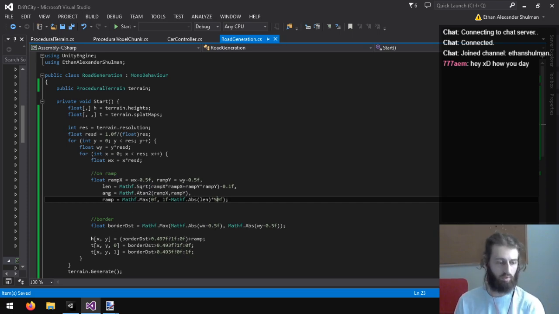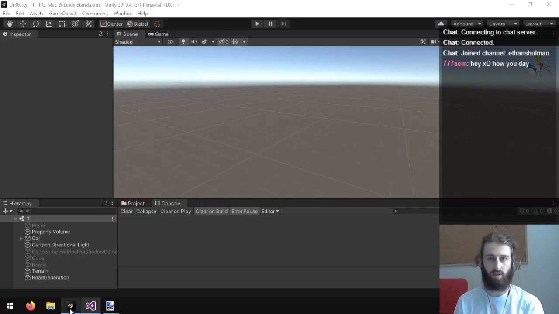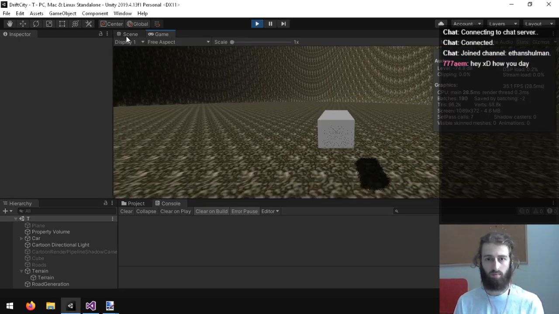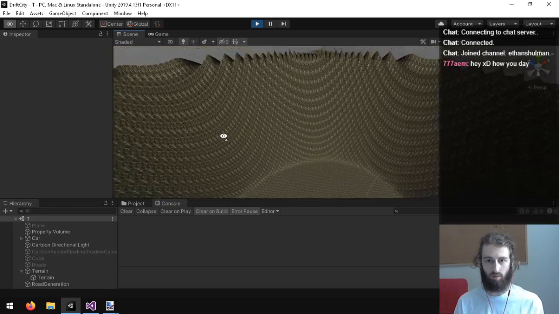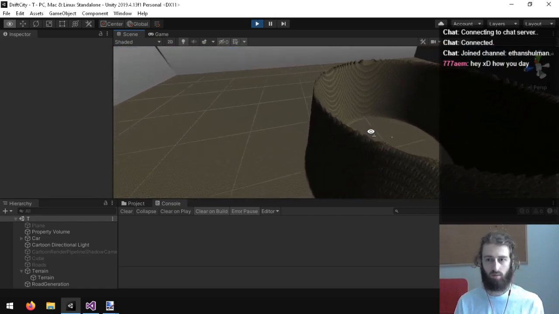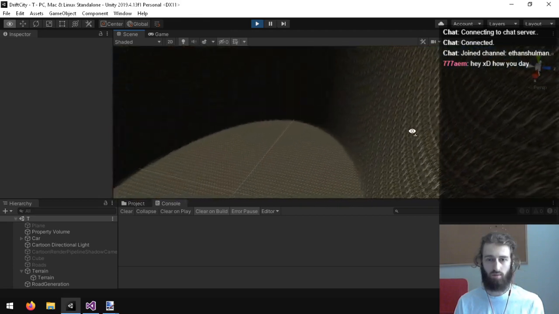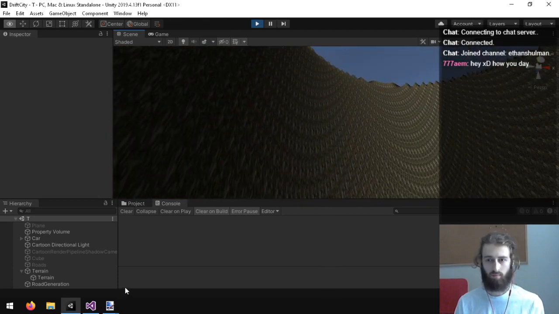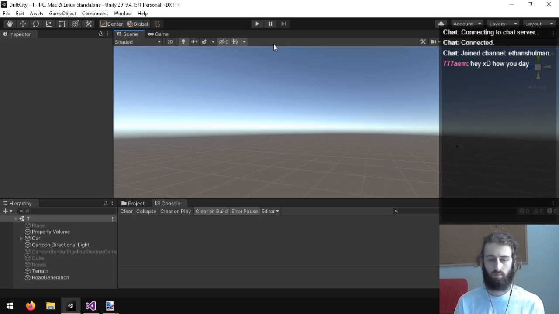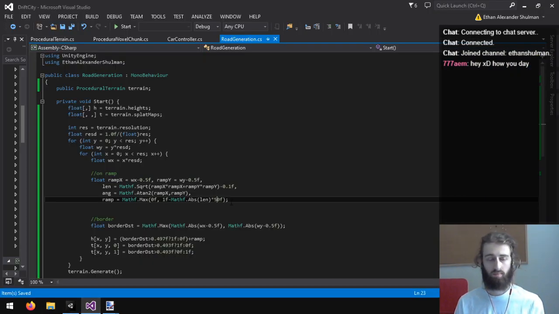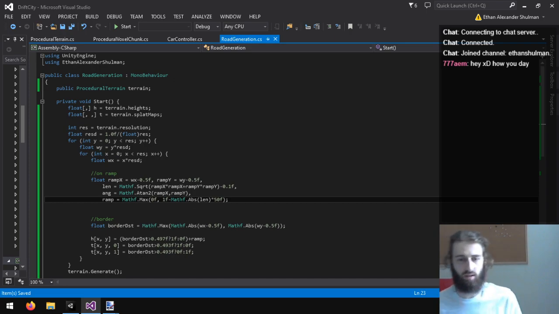See how this works. This should draw a circle around the center. There we go, there's our circle. It's way too tall, but that sets the beginning.